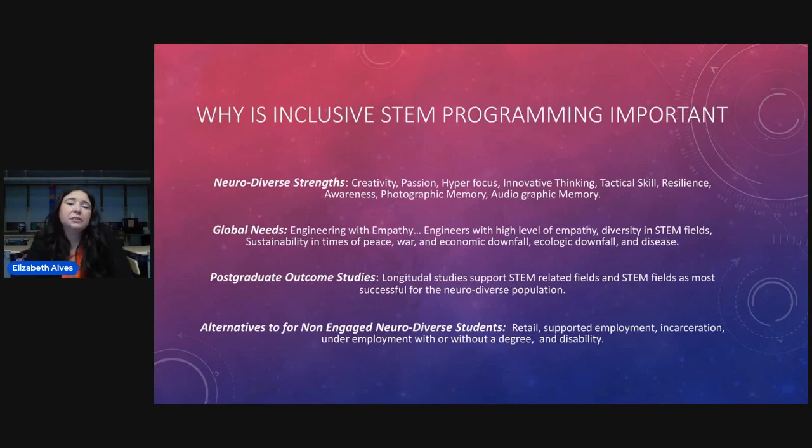All right. So why is it important that we have inclusive STEM programming? Why do we care so much? Well, first of all, what we found is that the neurodiverse population has creativity, hyper focus, innovative thinking, tactical skill, resilience, and often one of the photographic or audiographic memory traits. So their strengths really align really well with the STEM world, and being able to be resilient through things like